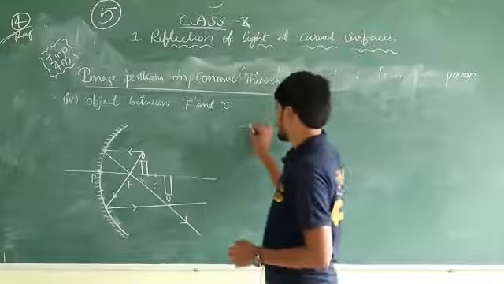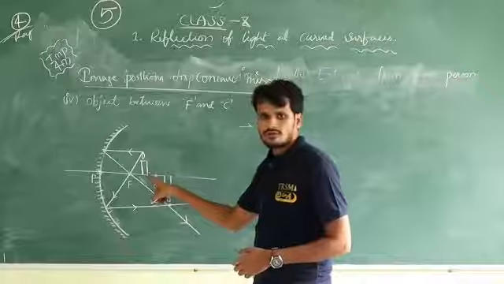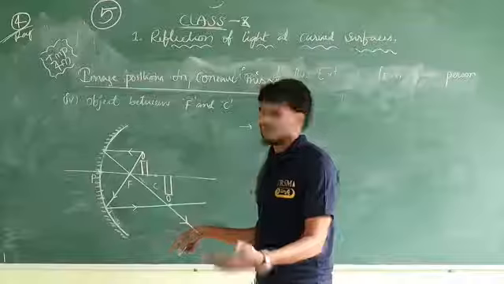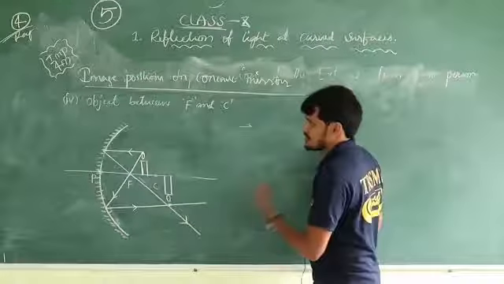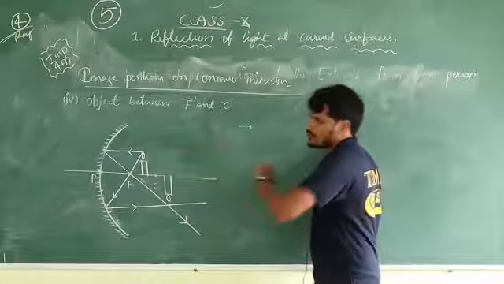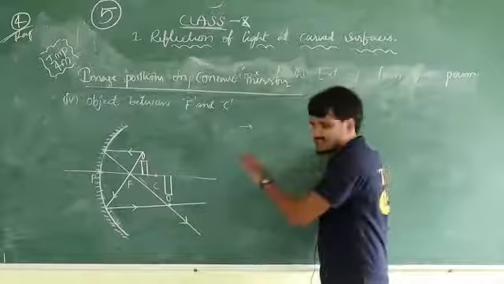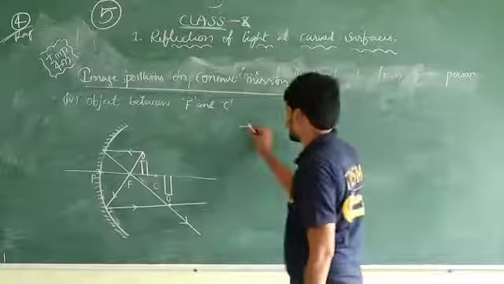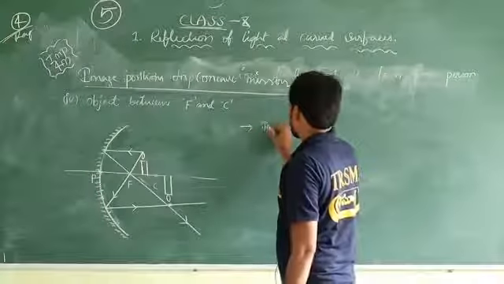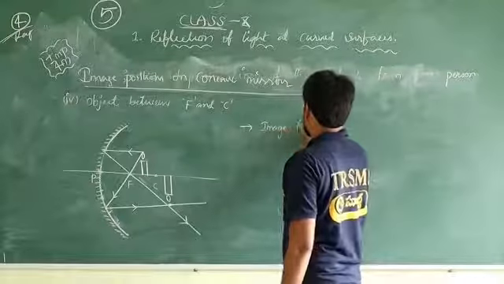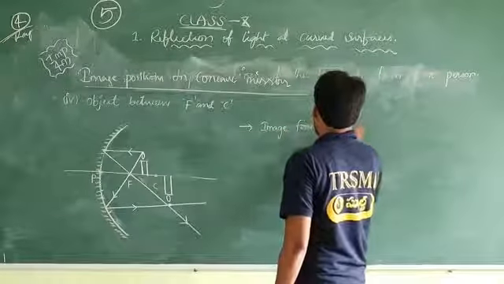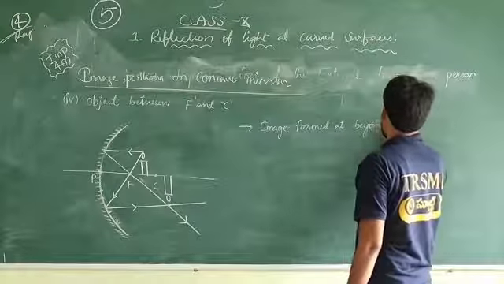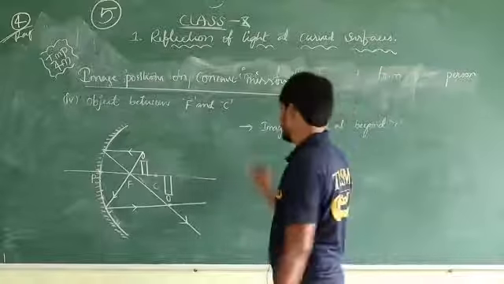So let's see the image formed beyond C. Now write the characteristics. Does it look bigger than the object? Absolutely, the image is bigger than the object. So the character has changed again. From the first position onwards, now we are discussing the fourth position. Are all characters looking similar? No, all characters are different here. Let's write: image formed at beyond C.